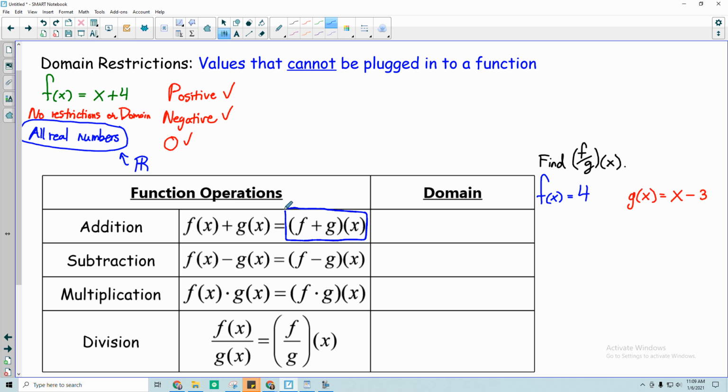So I could take the names, because remember f and g, those are the names of the functions. I can take the names and I can put a plus symbol between them, put those in parentheses, and then put another set of parentheses to show that it's a function. I can plug something in, there's an